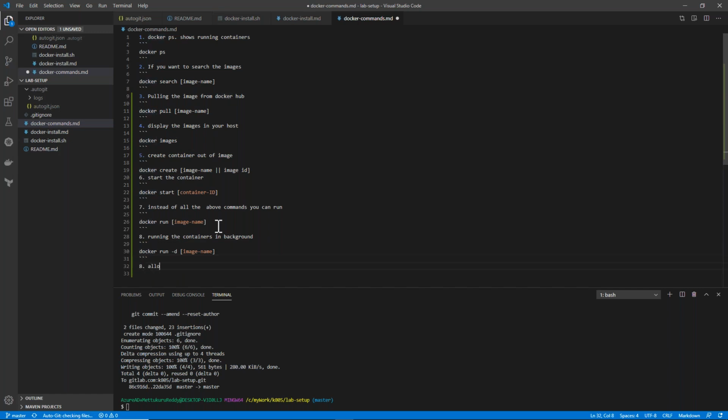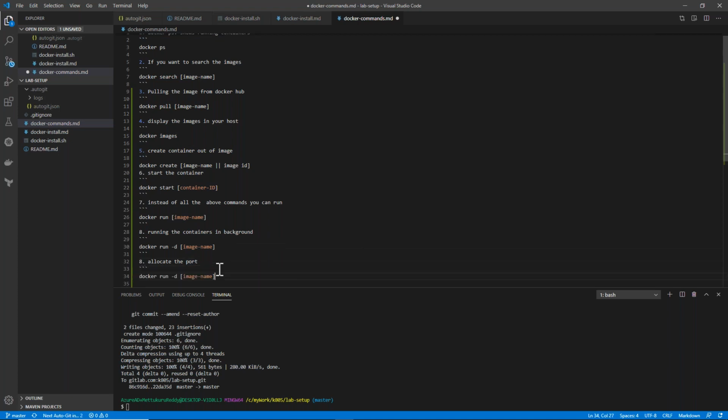Allocate the port with the same command, with the -p option: host port:container port.